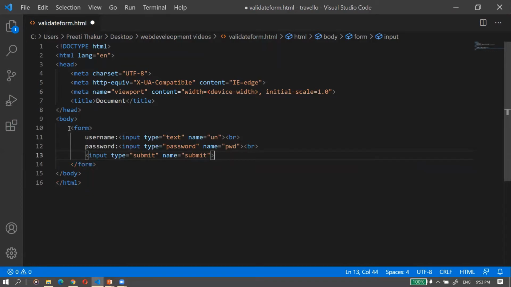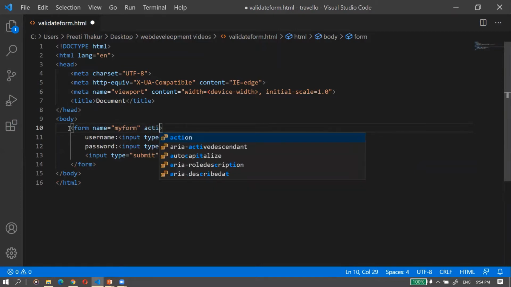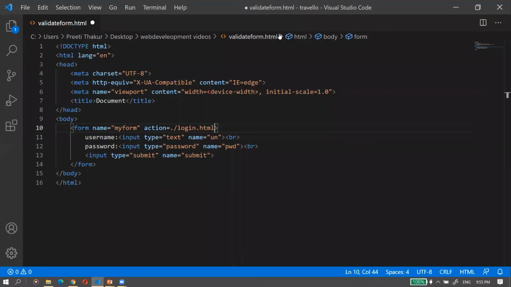Now some attributes to the form tag. First of all, I have created this form. I'm giving some name to it so that I can use that name in my JavaScript. So name, I'm giving myform, and then some action. So action I'm giving login.html. Although I have not made this file yet, we will create this file in the future. Action is the name of the file to which it will transfer after the validation,